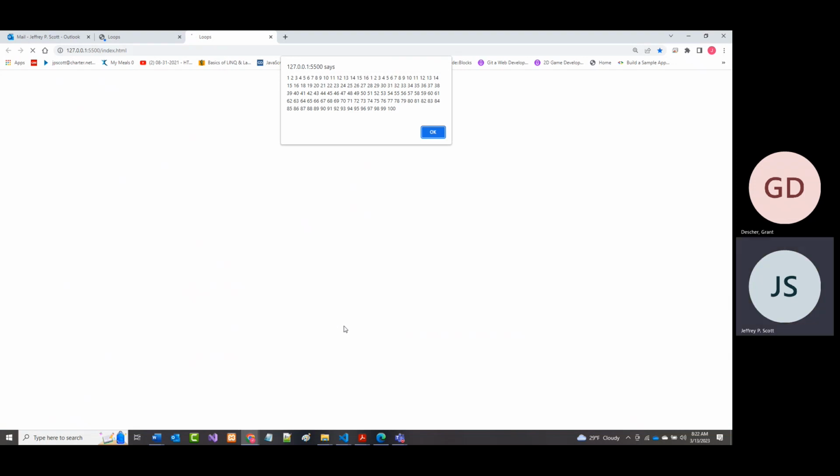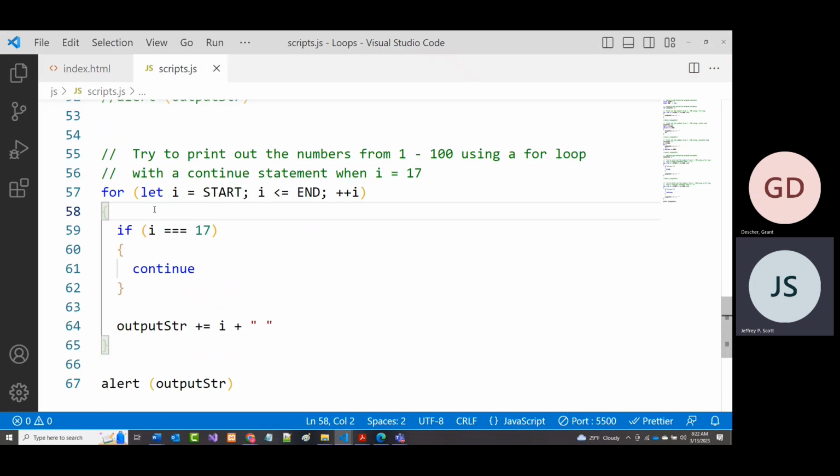All right. Now you might say nothing happened. You'd be wrong, because it says here 1, 2, 3, 4 through 14, 15, 16, 18. When you put a continue statement inside of a loop like that, what happens here is it comes through, runs 1 through 16, then it says, oh, I equals 17, continue. So what continue says is skip everything else down to the bottom of the loop and go back up to the top. So it skips adding 17 to the output string, and it goes back up to